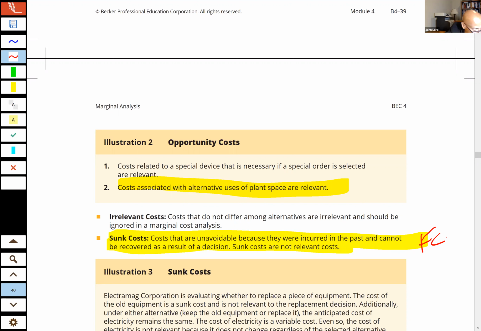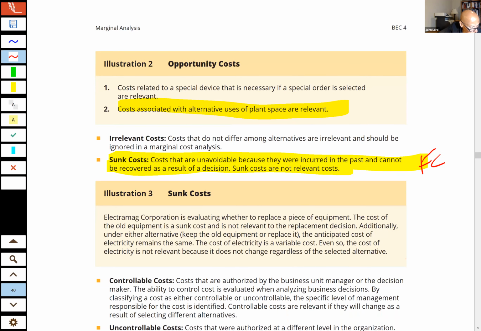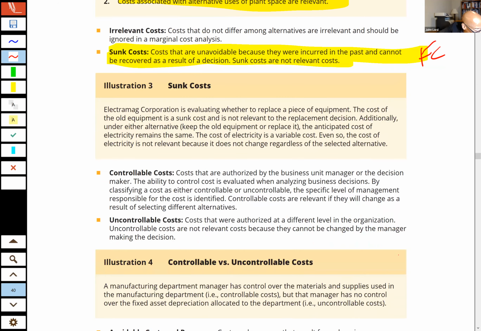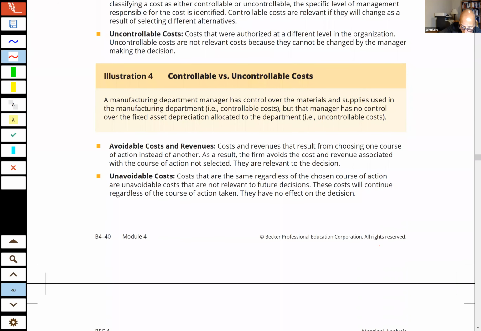Okay. All right, good. It would be a sunk cost and would not be relevant to the decision. Flashcard that, and then let's come over and take a look at